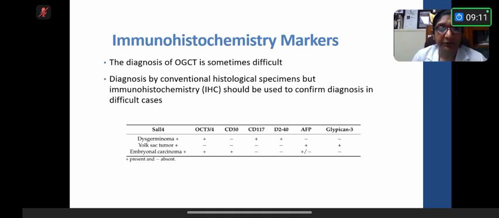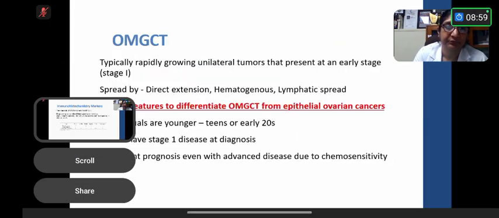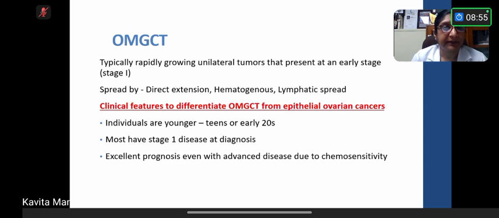These are the immunohistochemistry markers, because sometimes even after the surgical excision, it is very difficult to make the diagnosis on histopathology. So immunohistochemistry will also help to confirm the cases. Now, the ovarian malignant germ cell tumors typically grow rapidly, and most of them are unilateral tumors, and they usually present at an early stage, that is stage 1. The spread is either by direct